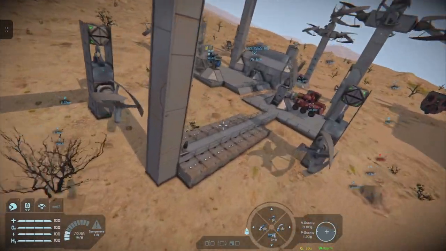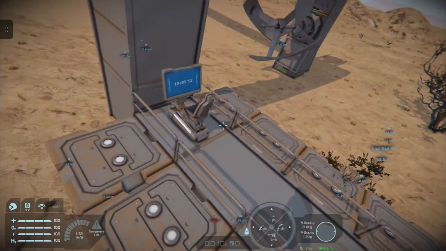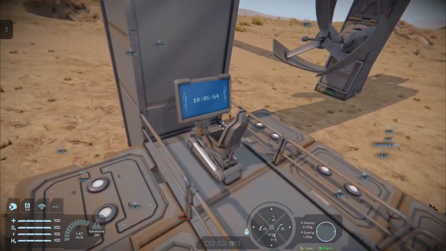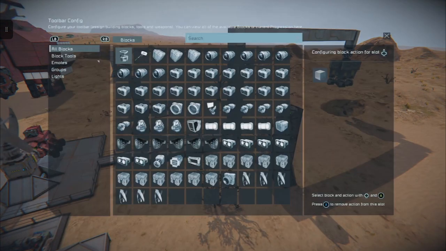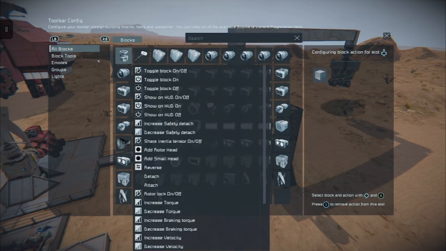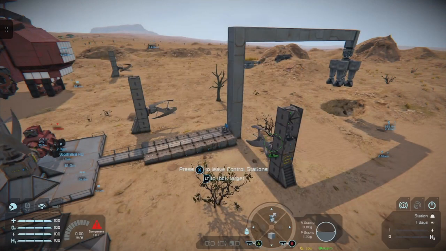We're going to control this rotor from down here. So we'll just pop on here like so. So now we just look through here for our advanced rotor, and we have toggle block on off.